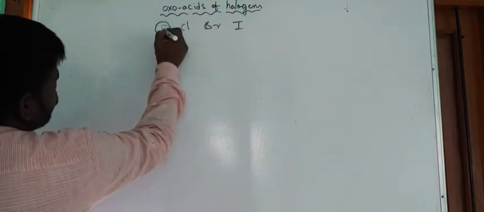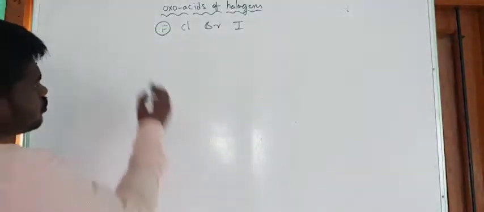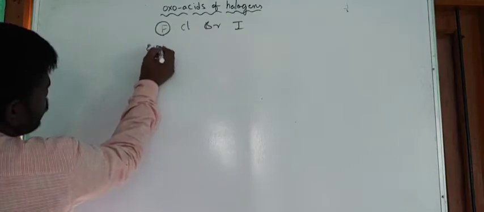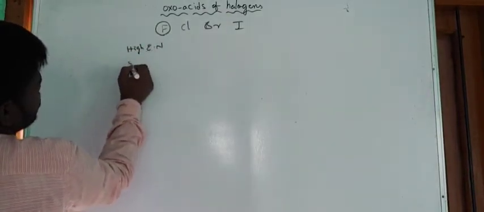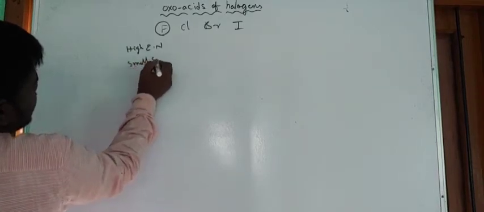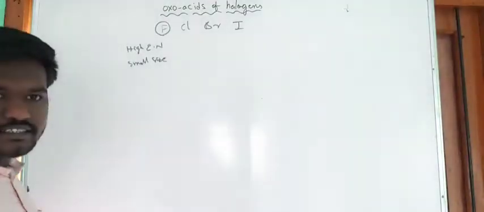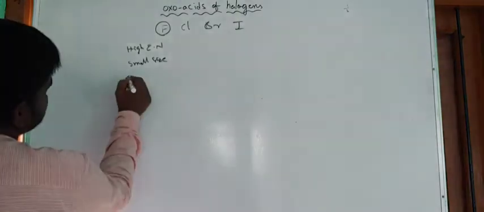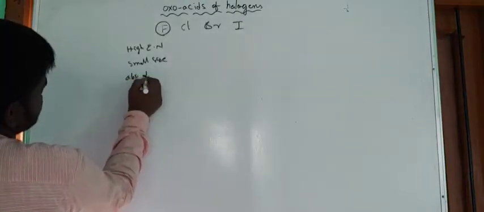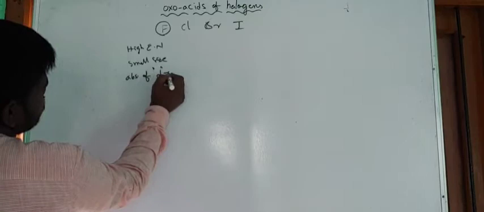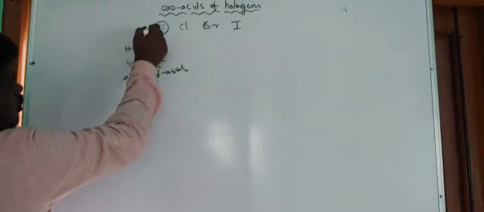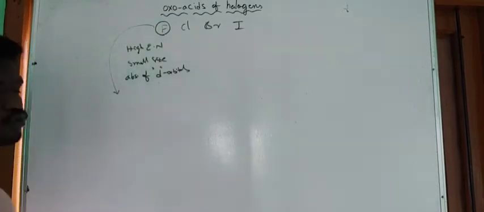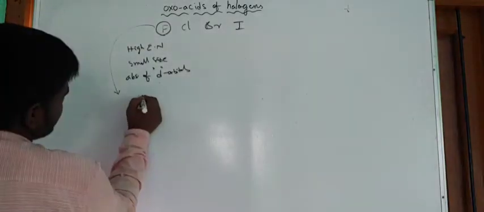So right, fluorine forms only one oxo acid due to high electronegativity, and the next one very small size, and the next one absence of the d orbital. So due to these reasons, it forms only one oxo acid, that is HOF,